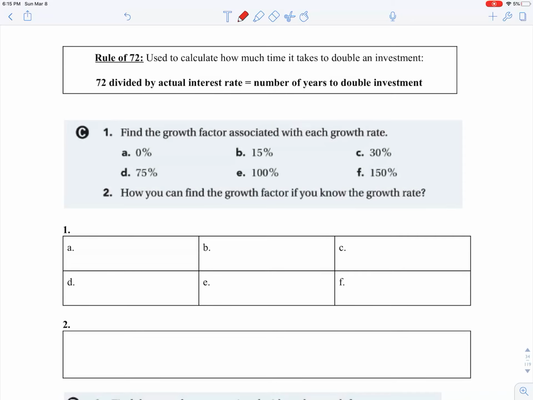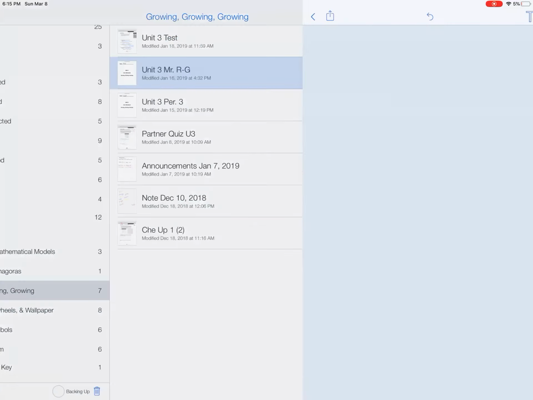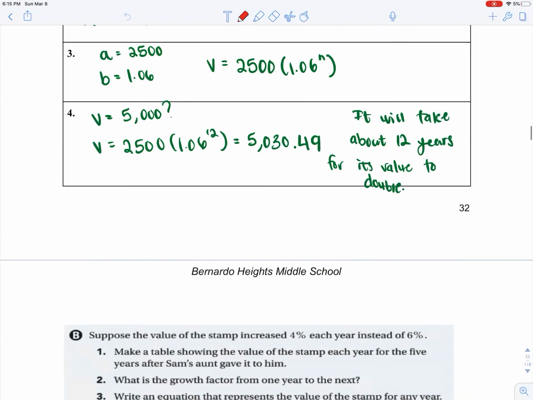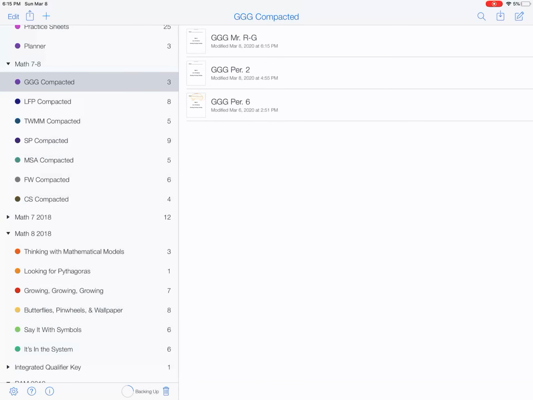Now what's very cool is there's this thing called the rule of 72, and it's used in investment a lot. So it actually calculates how long it takes for you to double an investment. So if you take the number 72 and divide it by your interest rate, or the actual, is that your growth rate? I believe that's your growth rate. Let me double check really quick. Let's see. Rule of 72, where are you? Yes, I was correct. If you divide 72 by your growth rate, you'll actually get